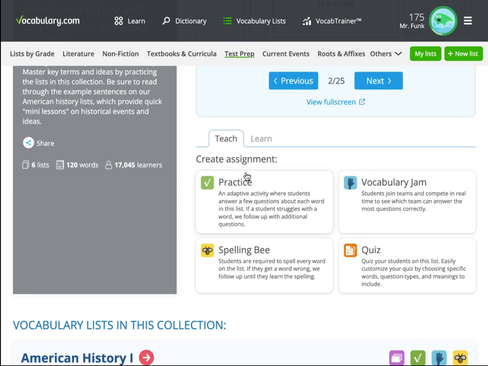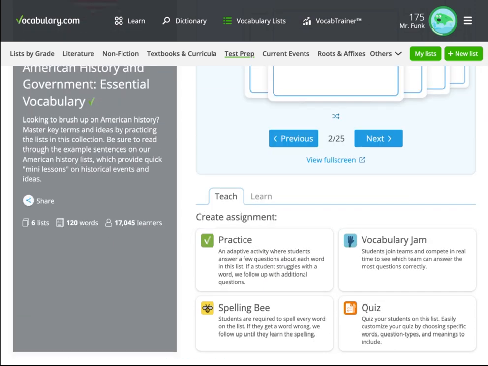So what can they do with these words? You can assign a practice where the kids will go through the flashcards, or a spelling bee where they have to spell the word correctly. It'll provide them with a definition and they have to spell the word correctly. You can assign a vocabulary quiz where they have to match the definition with the word,